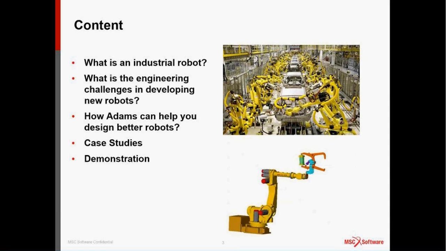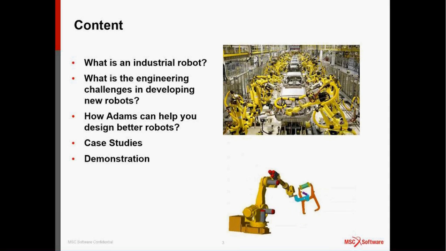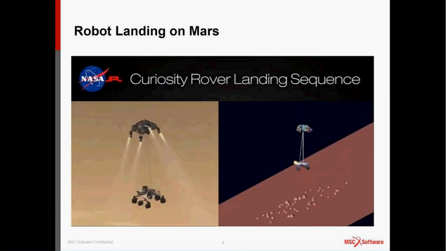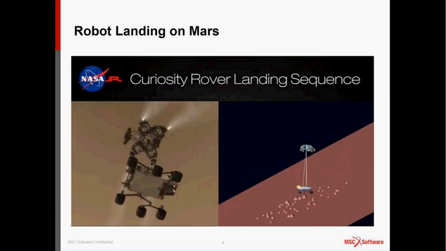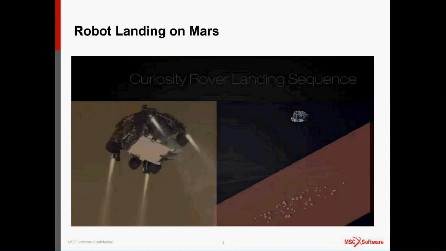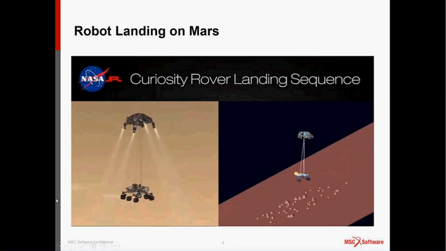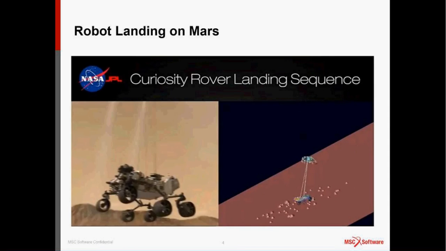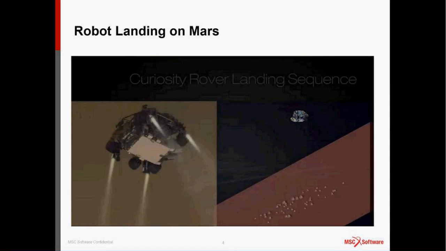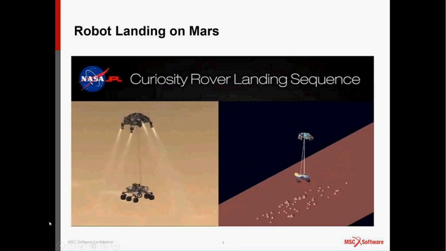Okay, so first, what is an industrial robot? As the general topic of robots, Adams has a lot of applications in that area. And the most famous one, I believe you have all heard of, is the Curiosity rover landing sequence. I think you have all seen the YouTube movie called The 7 Minutes of Terror. NASA JPL was not able to test most of those tasks on Earth. As a matter of fact, they had to rely on a simulation tool like Adams to help them predict